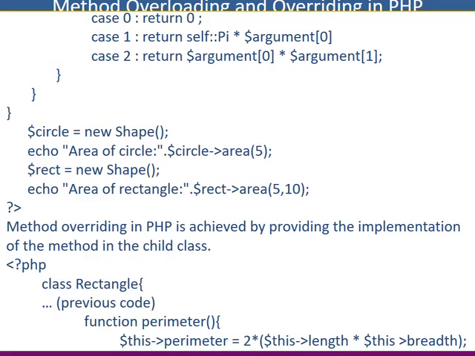So when it doesn't find one, in this underscore call method, the first thing we check is